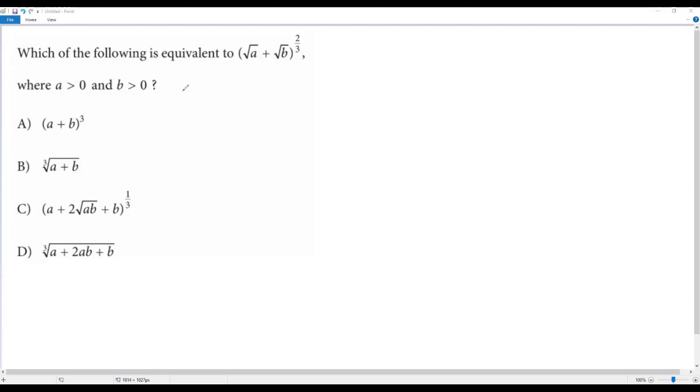Now we have to find the expression which is equivalent to this one, that is (square root of a plus square root of b) to the power of 2/3. Let me take the given expression, (square root of a plus square root of b) to the power of 2/3. In my first step, let me write it: (square root of a plus square root of b) to the power of